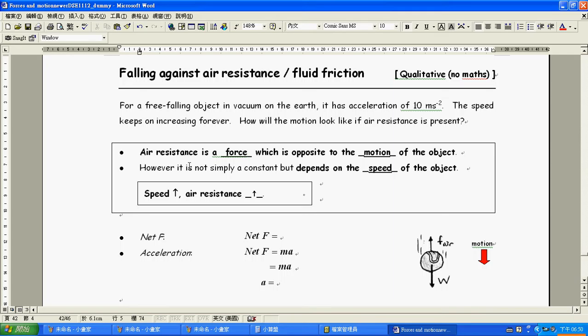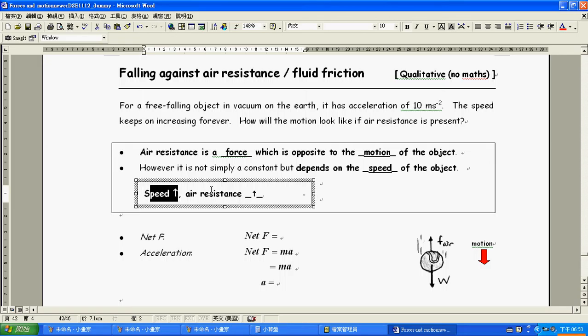You can experience that by holding an umbrella. If you try to face the umbrella forward and you run as far as you can, you'll find that as you run faster and faster, the resistance on the umbrella gets larger and larger. So as speed increases, air resistance also